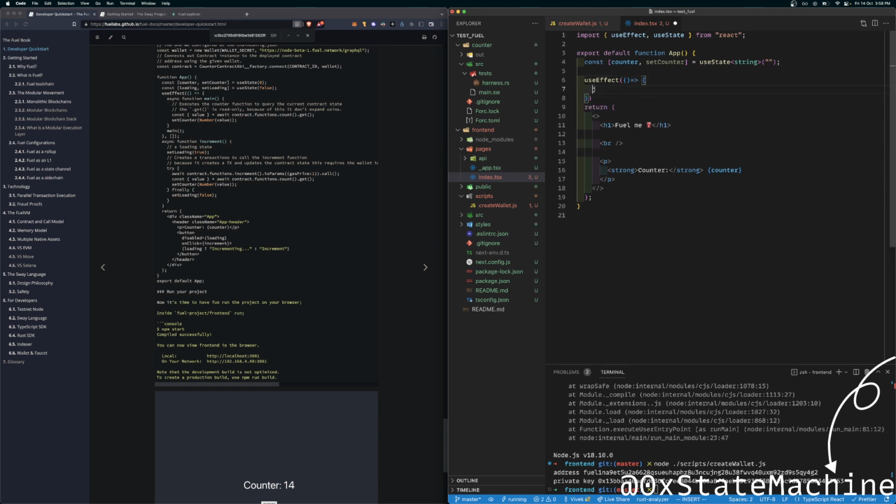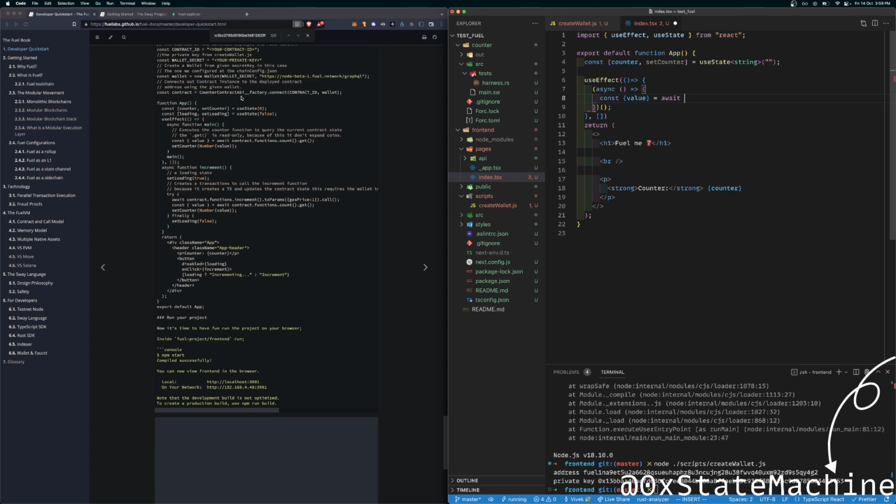So we're gonna have a function that needs to execute and simply value is equals to await, and we have this contract object here.